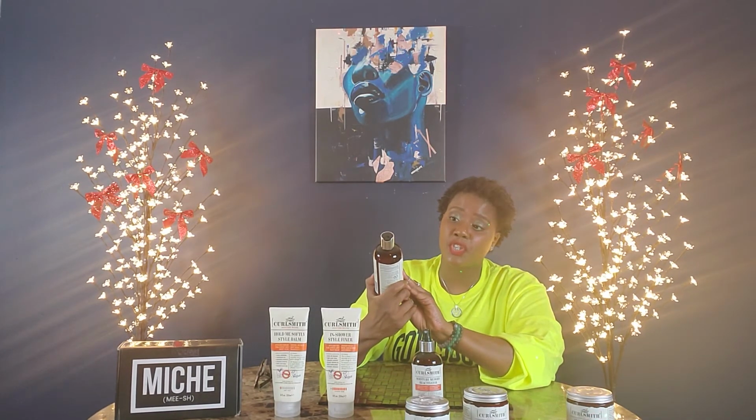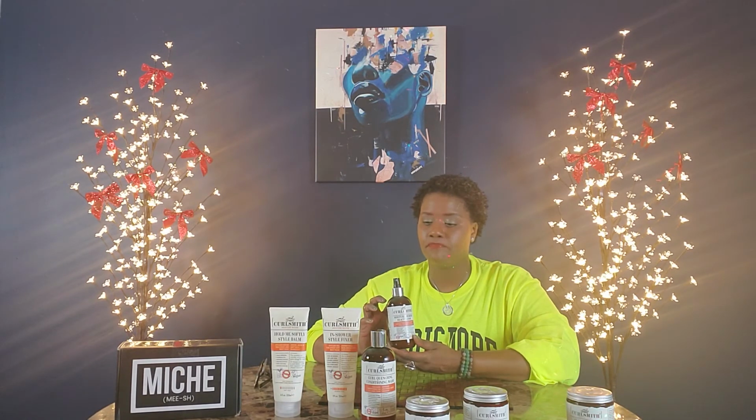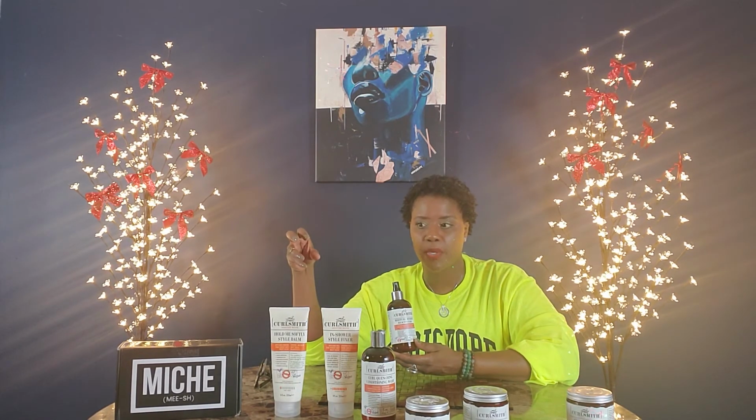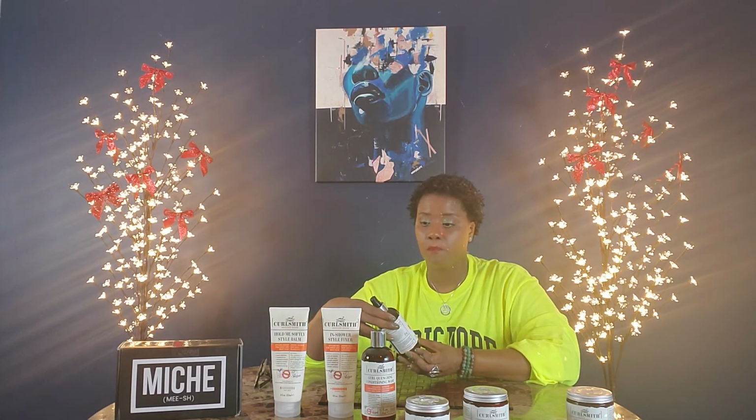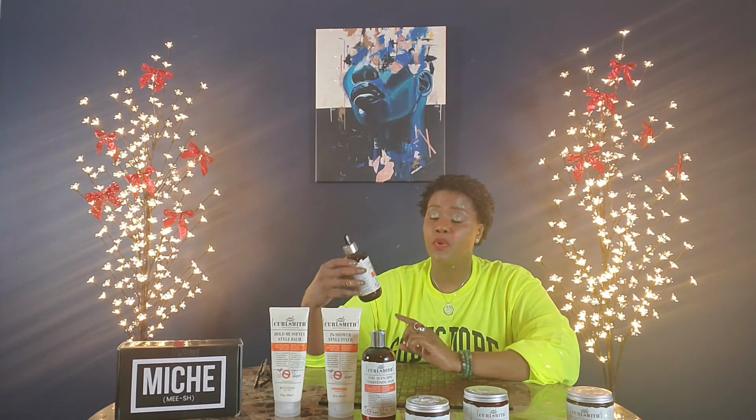This Curl Quenching Conditioning Wash is great. Now, this is what I will say. I have been introduced to Alikay Naturals, I want to say the lemon, I forgot the name of it, but it's the spray-in conditioner from Alikay Naturals with the twisting butter. I will be using that going into 2021, and they have a nice leave-in, the name escapes me right now. But I have to say, whether I've had an old wash and go or a new wash and go, this Moisture Memory Reactivator,